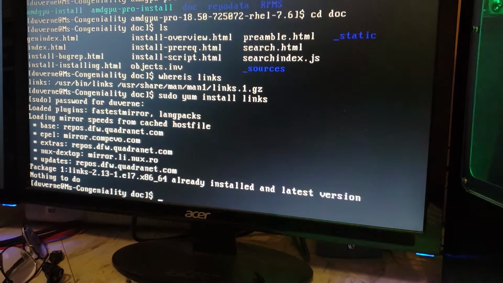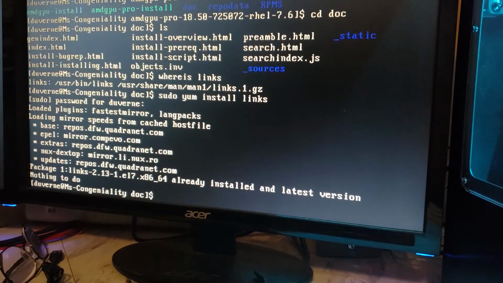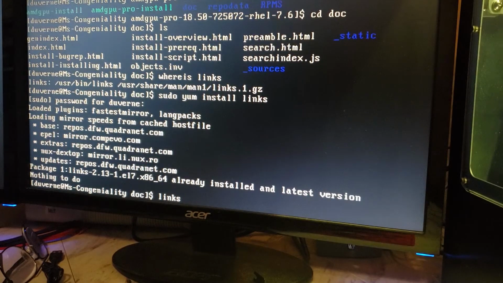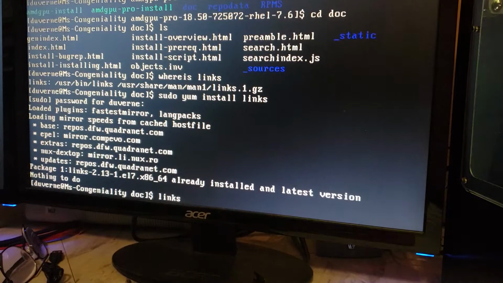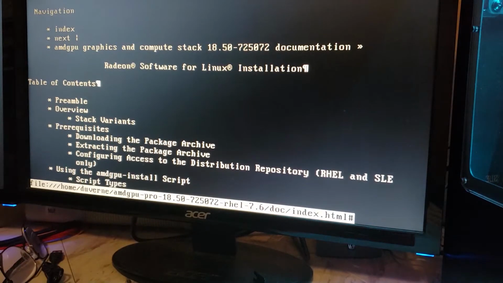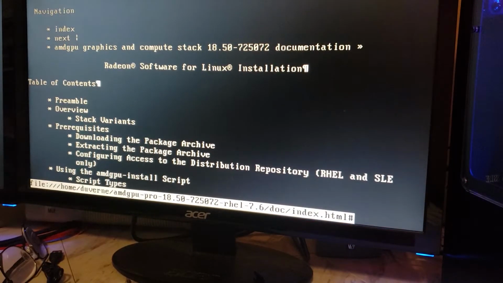So with Lynx, you can open the HTML based instructions, basically. Okay, so let's just go Lynx and then space and then the page you want to open. Now if it's on the web, then obviously you do the www, but this is a local file in the current directory that we're in. So what we'll do is we'll just look for index.html,